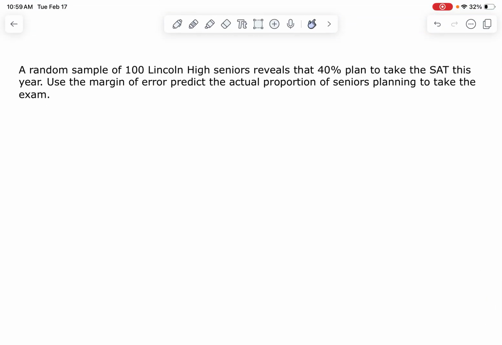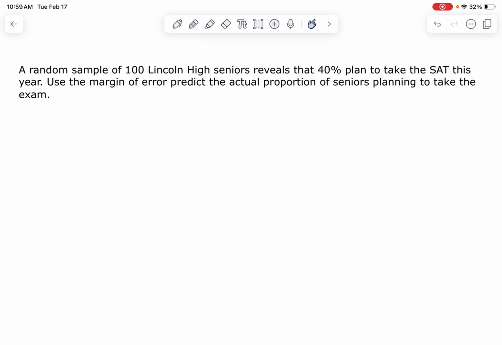A random sample of 100 Lincoln High seniors reveals that 40% plan to take the SAT this year. Use the margin of error to predict the actual proportion of seniors planning to take the exam. Okay, well,